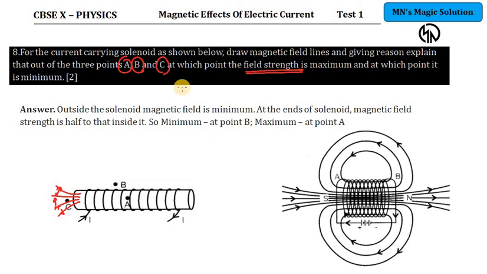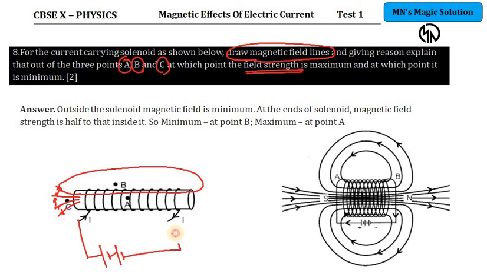So what is the answer? First of all, they have asked you to draw the magnetic field lines. So you can just draw like this a solenoid and ஒரு field line காமிச்சிங்கன்னா கூட போதுமானது. Okay. Along with that, you are connecting it to the power supply, right? And in the degree of closeness உள்ள ஜாஸ்தியா இருக்கிறதுனால field strength அங்க உள்ள ஜாஸ்தியா இருக்குன்றதை you should have to mention. So that part, the diagram part carries half a mark.